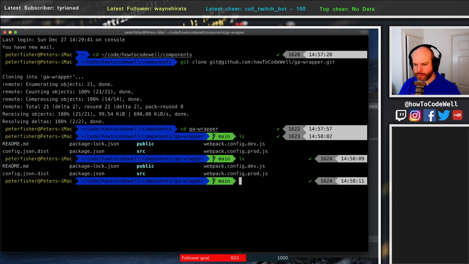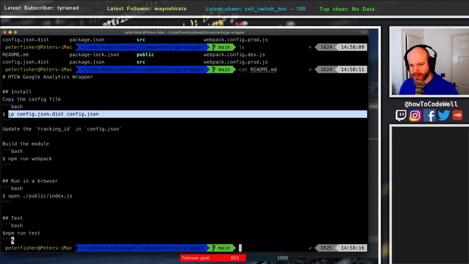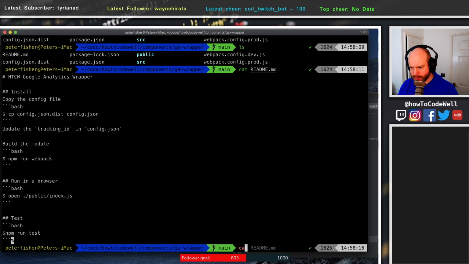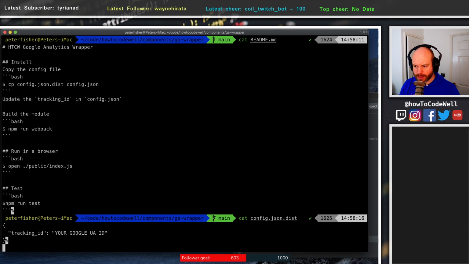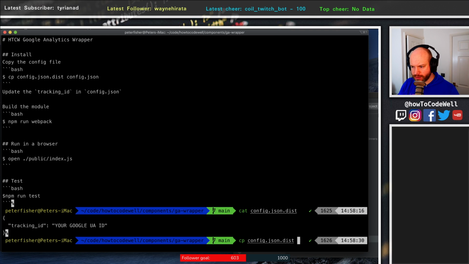Okay, so if I was to cat out the README file, I need to copy the dist over to the config dist. Now, if I was to cat the config dist, it is just that file here. It's just a JSON file where I would put in the UAID in Google of my Google thing. I won't do that today, because I don't want to obviously show the UUID, and also I'm only worrying about testing this. Whilst I'm testing this, it's not actually making any calls back to Google, so there's no need. What I will do though, as it needs to be there, I'll just do a cp of config dist to config.json,